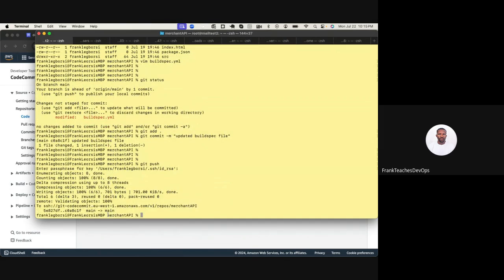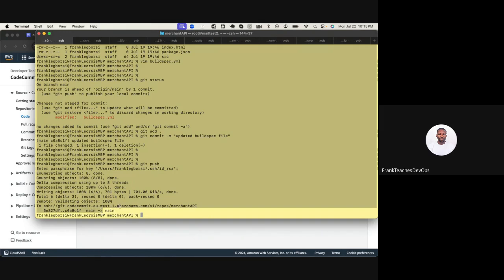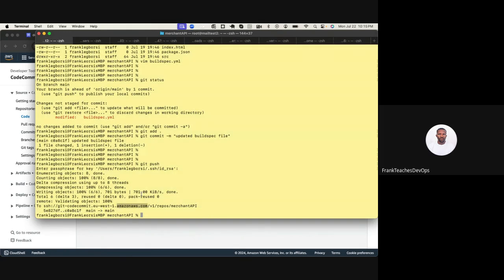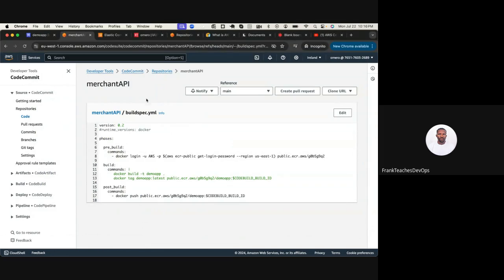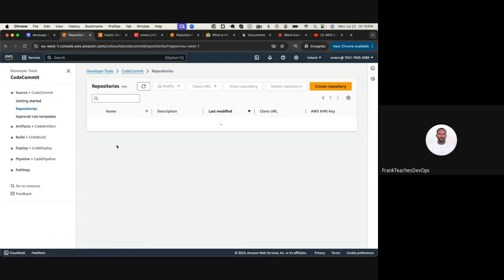So if everything goes well, you can see the beauty with AWS CodeCommit, it takes care of conflict. It automatically takes care of conflict. You can see before I did not have that file on my local. I only have it on the remote repository, right? But you see now,